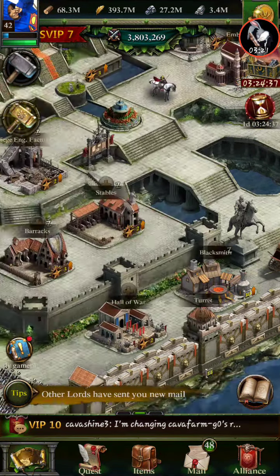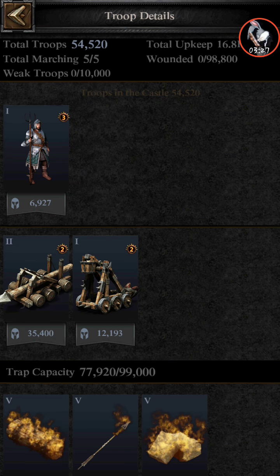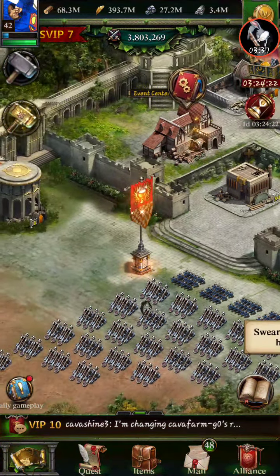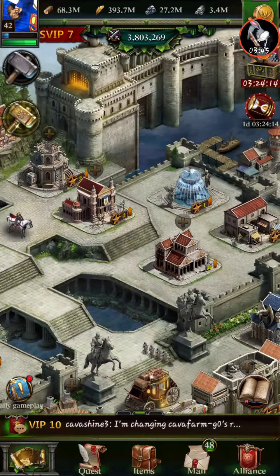So basically what he does is he keeps as few troops as possible in here. He's got 54,000. The majority of them, I don't know why he's got the T1s in here, but the majority of them are T2 siege, and they're the best for gathering. And the least amount of troops eat the least amount of food and wood. So what he does also